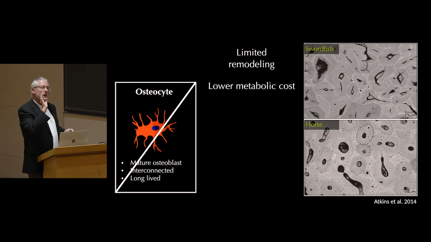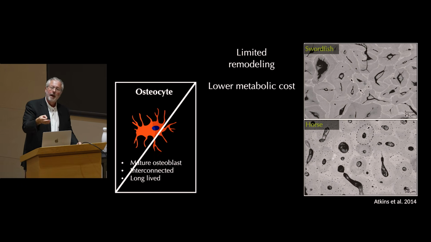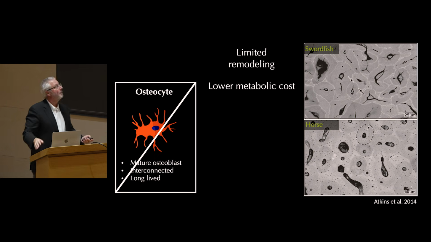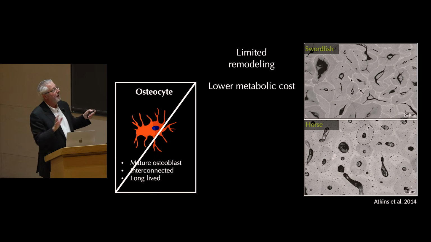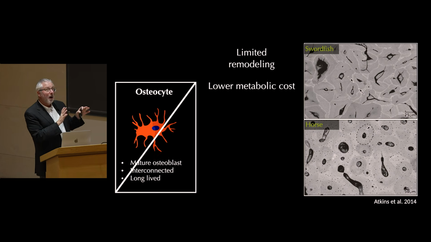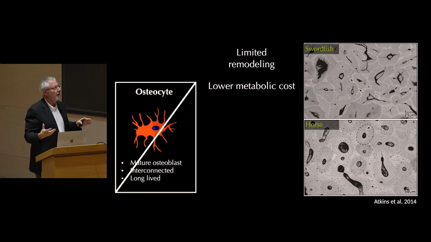Turns out a number of living fish that are alive today have secondarily lost the osteocytes. Now we can learn from them. So this is a swordfish. Compare the swordfish to the horse, and you'll notice you don't have those osteocytes in there at all, right? And what you have here is a fish that's able to remodel a little bit, but it's very limited. It's not as dynamic as, say, another vertebrate bone,